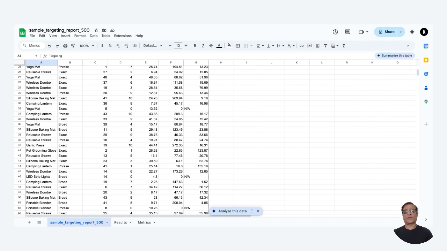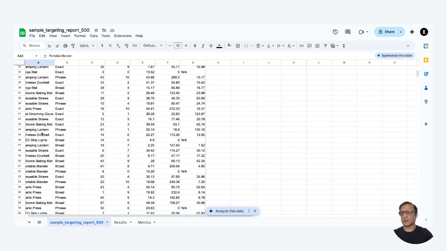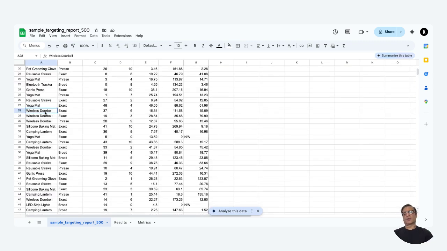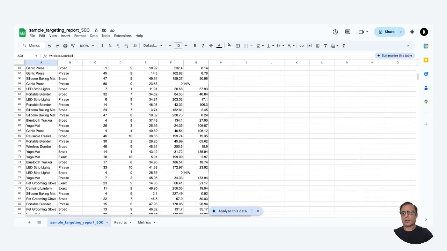Now we have a ton of actual real-time data in our database that I could possibly use, but that belongs to our customers. And I'm anal about not making my customer data public. So I generated 500 rows, and if you look at all the keywords, these are all very generic. I generated 500 rows to use in this automation, and I know for a fact that the targeting report